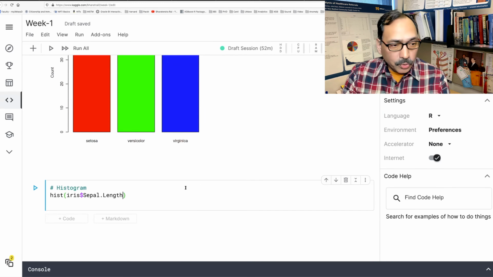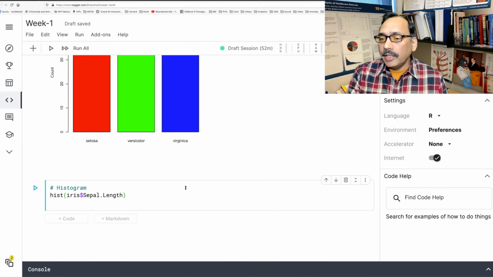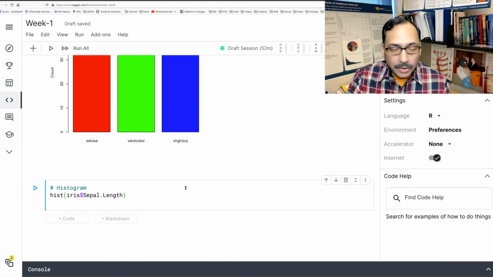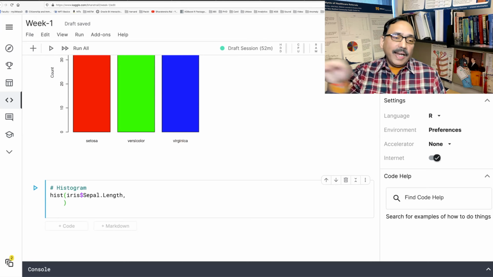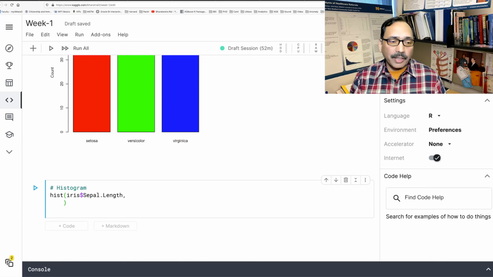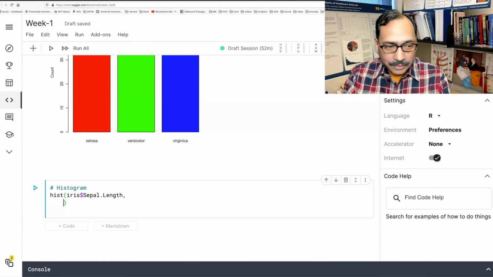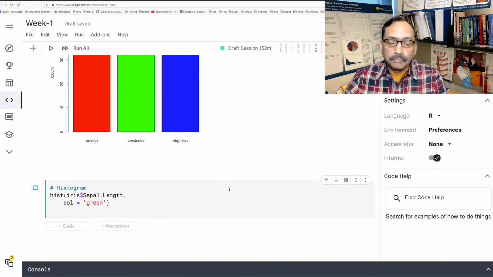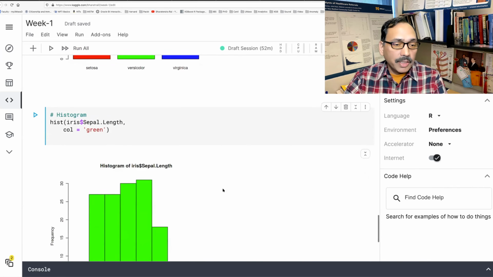We'll do a few things with this histogram because usually the default one is not the best and visually appealing. So put a comma and let's hit enter, because instead of adding things in the same row, that row becomes very big. Every new feature will be added in a new row. So the first thing I want to do is that the histogram looked dull, just black and white. So I'm going to add some color. Let's use green. So you can see immediately color changes to green.